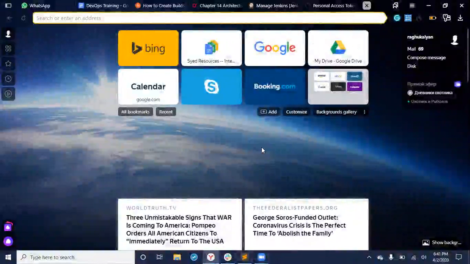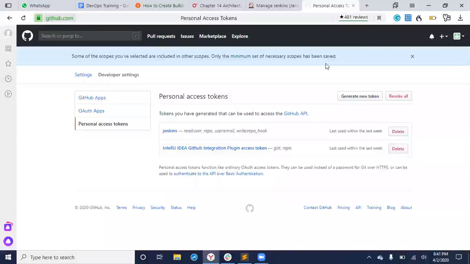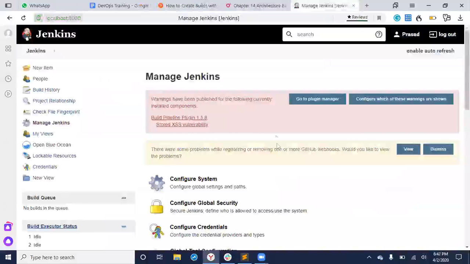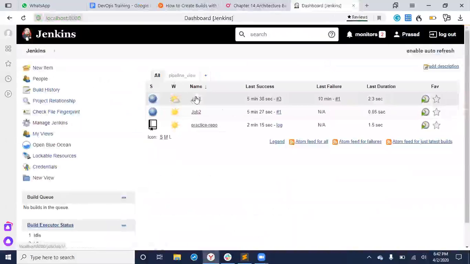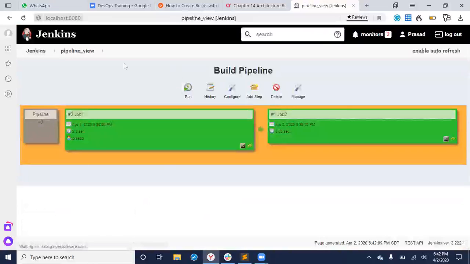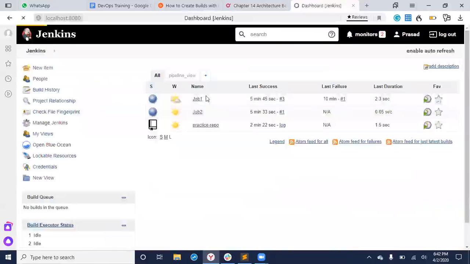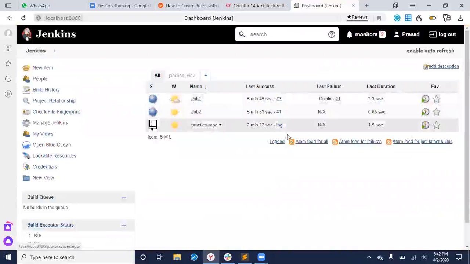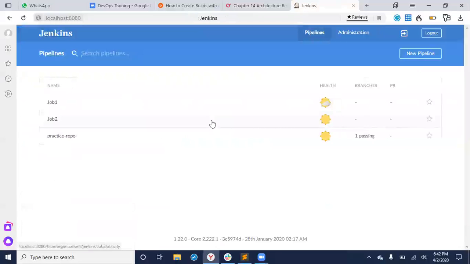Yeah, pretty much, if you've seen this personal access token thing. I wanted to show you this basic Jenkins flow. Now, if you see in a traditional view, build pipeline, this is different. This practice repo is directly taken from the Blue Ocean. See the symbol, it looks different from a GitHub repository. If you open Blue Ocean, this is shown much better.